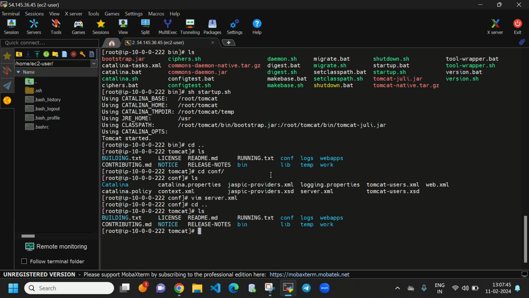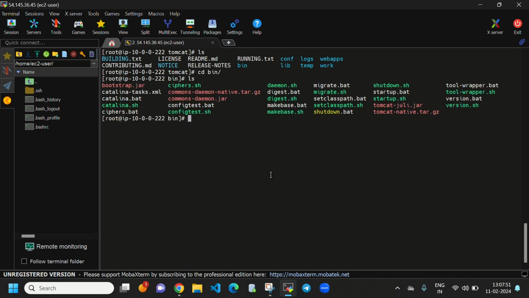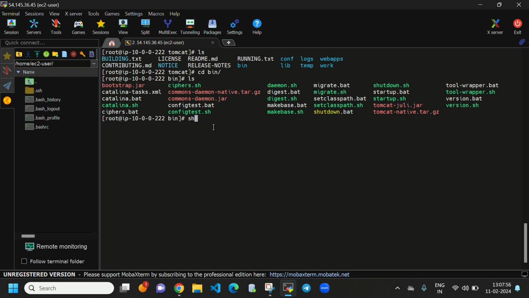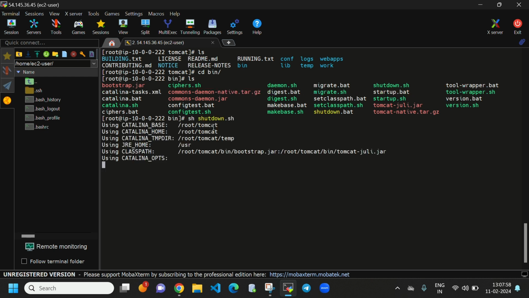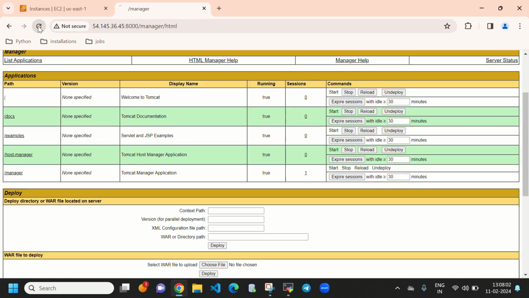First we need to shut down our Tomcat server. So you need to enter into the bin directory, and again you need to do ls. You need to shut down first by using sh shutdown.sh. And now when you reload this, the page will not be loaded because we shut down the Tomcat server.